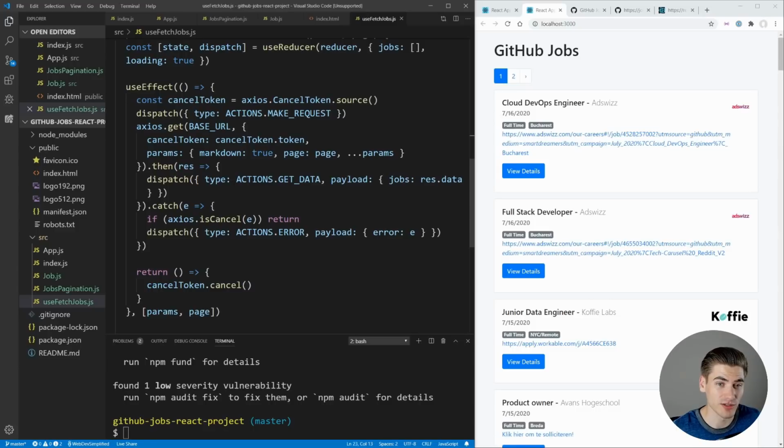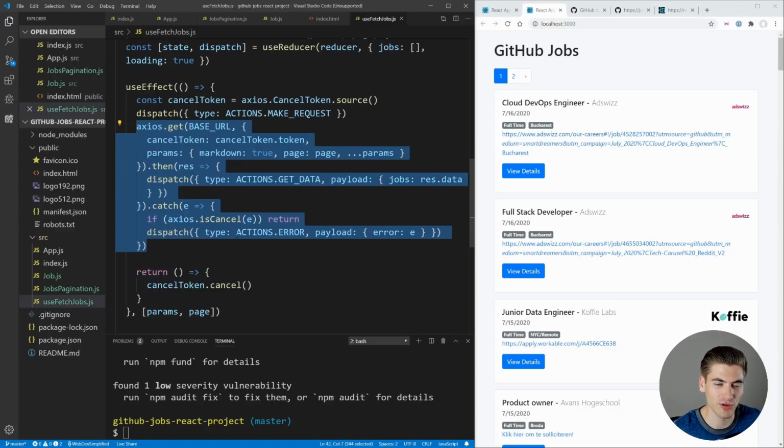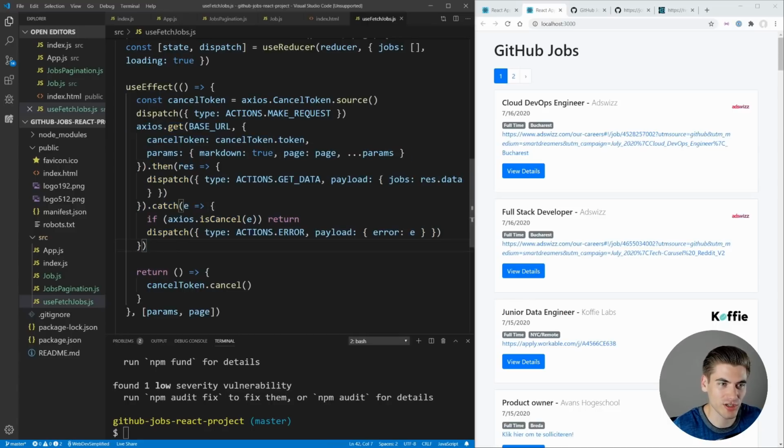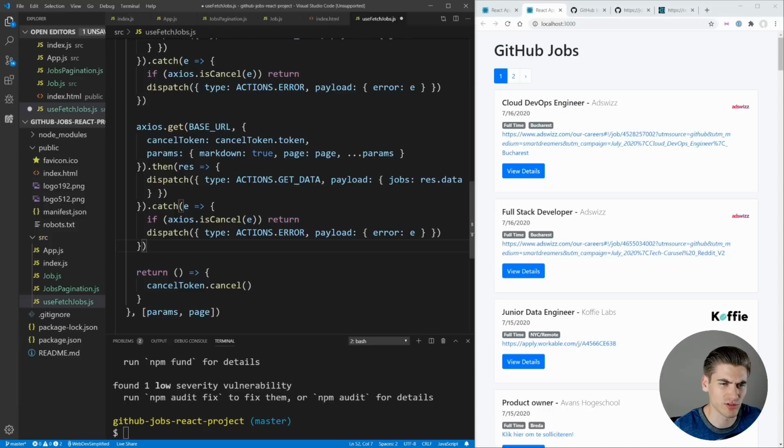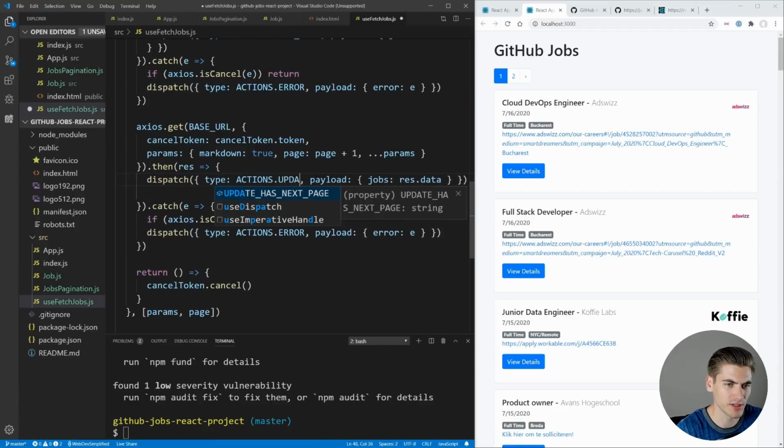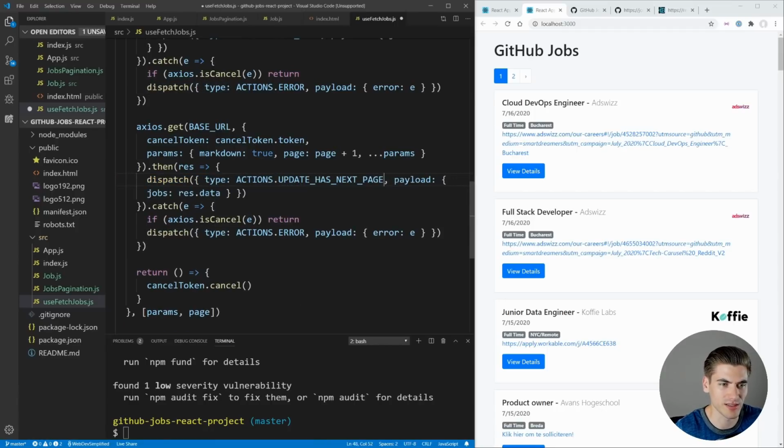So now let's actually figure out how we can use that action. Well, the easiest way to do it is essentially just do another Axios request for the next page and see if there are any results. I'm actually going to copy essentially all of this code. So we're going to create a new Axios request, but instead of page, we're going to go to page + 1. And then if we have a successful result here, we're going to update our has next page, and we're going to set the payload equal to has next page. And it's going to be equal to if this data essentially exists. So if the data dot